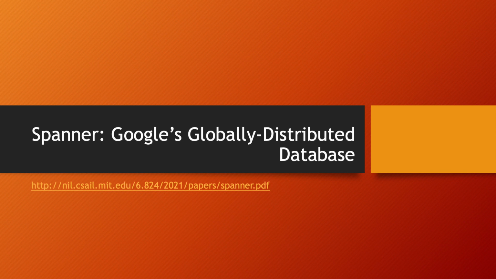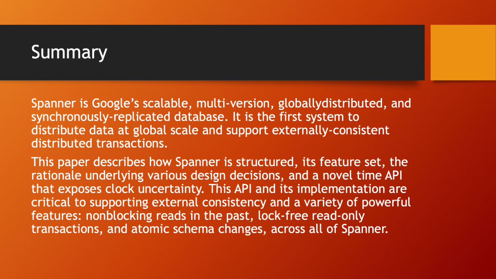The paper of the day is Spanner, Google's globally distributed database. Spanner is Google's scalable, multi-version, globally distributed, and synchronously replicated database. It is the first system to distribute data at global scale and support externally consistent distributed transactions. This paper describes how Spanner is structured, its feature set, the rationale underlying various design decisions, and a novel time